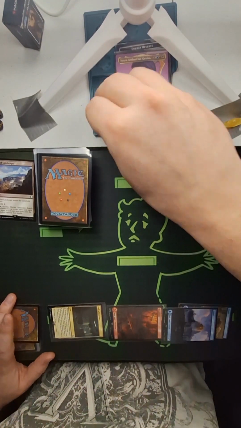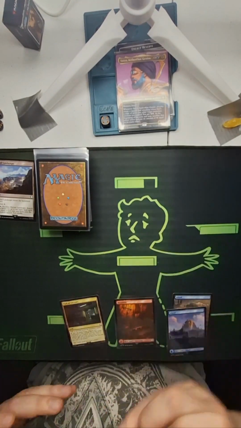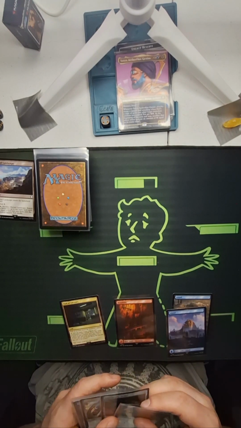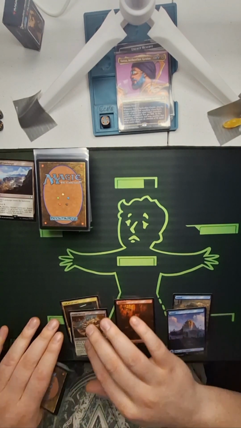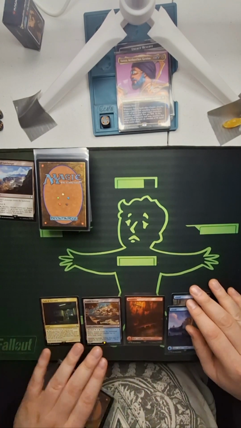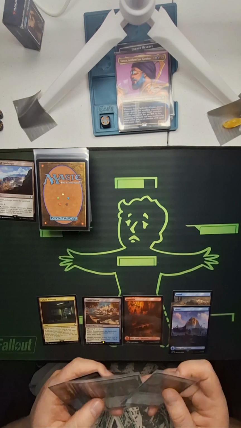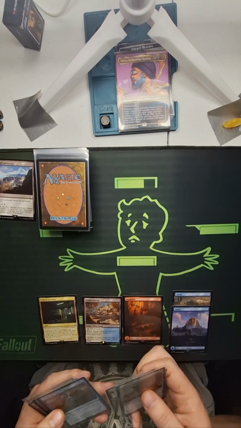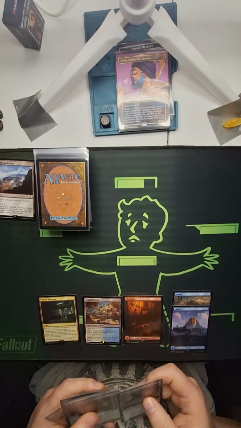And go to turn 4. Untap. Upkeep. Draw. Very neat. It's going to be a Prairie Stream, which enters tapped unless I control 2 or more basic lands, which now I've got 3 because of that sequencing. I could go...